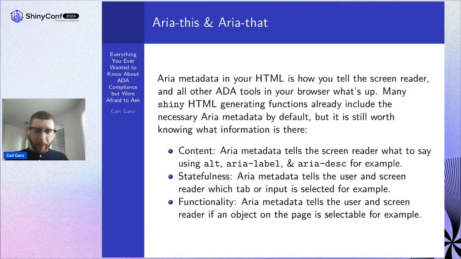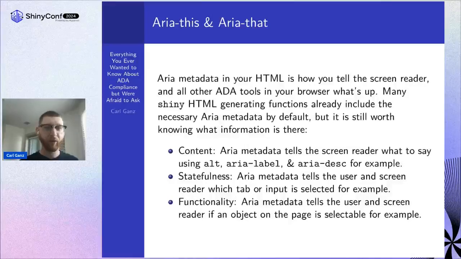So now, I'm sure many of you have gone through raw HTML code at some point in your life and seen aria-this and aria-that. Many of the Shiny HTML-generating functions are already including the necessary aria metadata, so it's not something we as developers always have to explicitly specify, but it's good to understand what some of these fields mean and how to use them